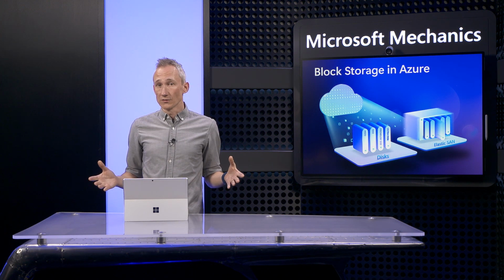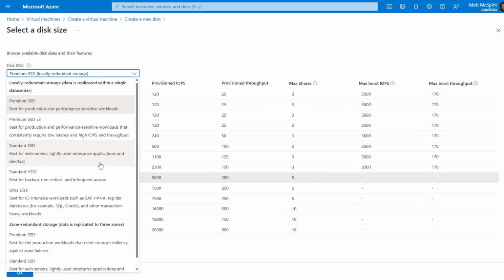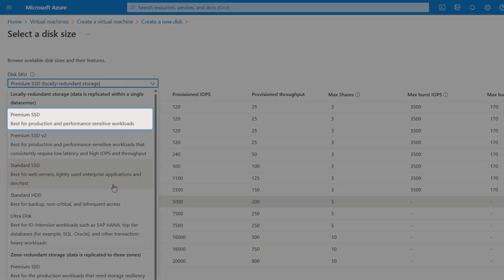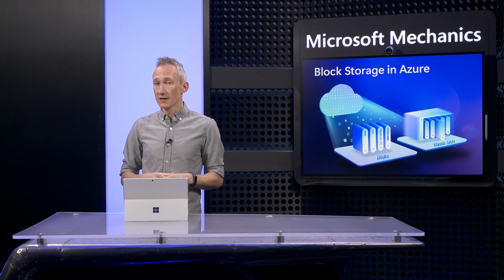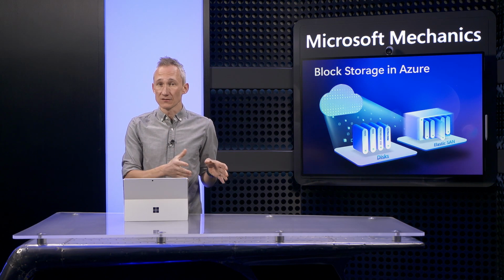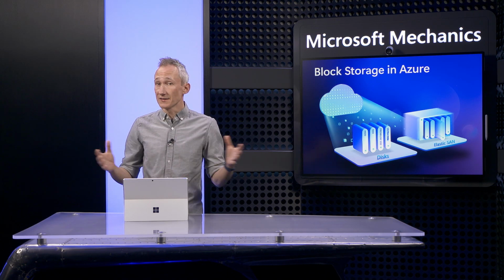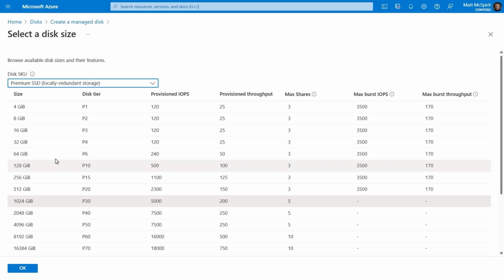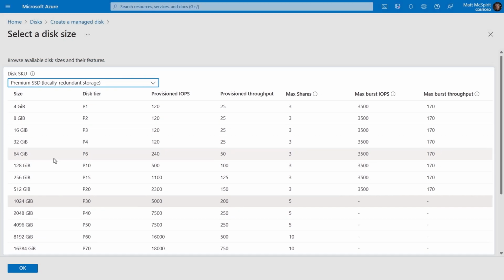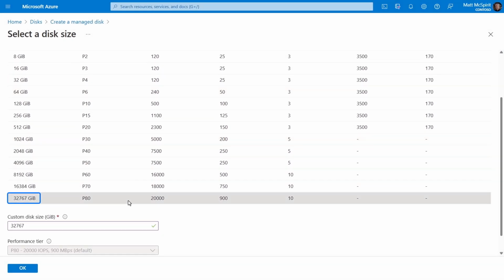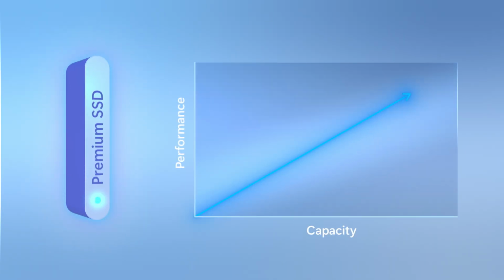The majority of your workloads, including business-critical ones, will benefit from two main options: Premium SSD and Premium SSD v2. For your IOPS-intensive apps that don't need sub-millisecond latency, Premium SSD provides the best balance of cost and performance. It's ideal if you need high capacity and performance. Premium SSD allows you to choose from different disk capacity sizes up to a maximum of over 32,000 gigabytes and 900 megabytes per second in throughput. The larger the capacity, the higher the potential performance.